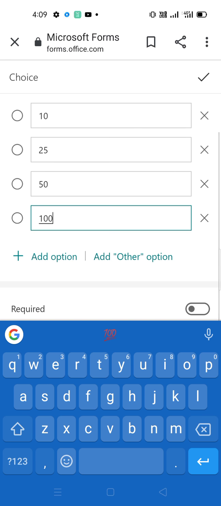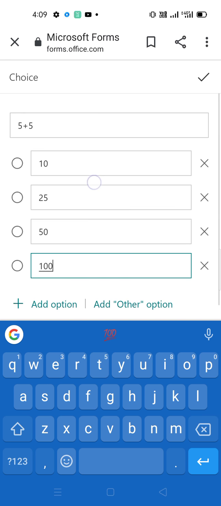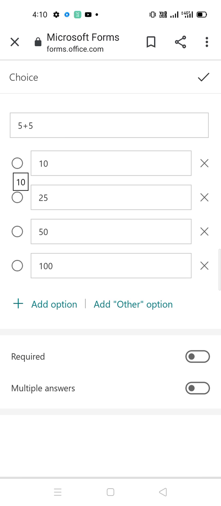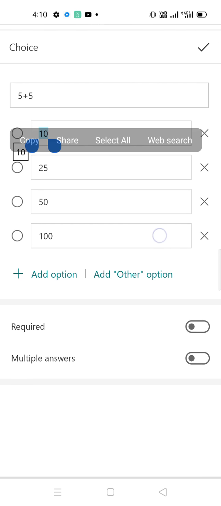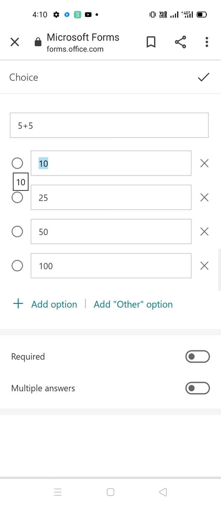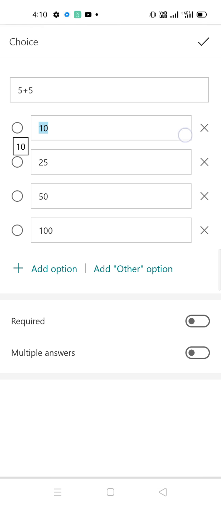So you can mark the right answer. The answer of 5 plus 5 is 10. So you just click on the 10. So then your question is ready.